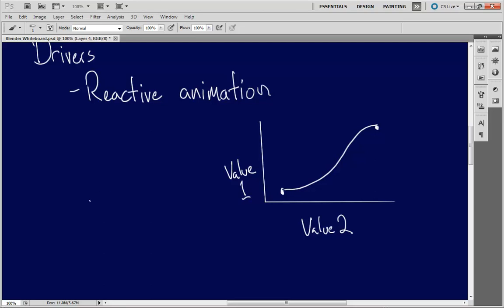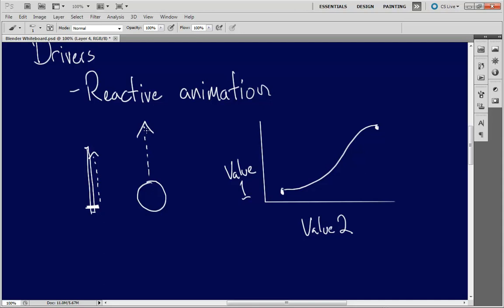So if you wanted to, you could have something that functioned kind of like a slider. So I'm going to draw the world's most amazing slider. And this could operate on some object. So as you move this slider up, maybe the ball moves up as well. And that's kind of how we're going to use this.